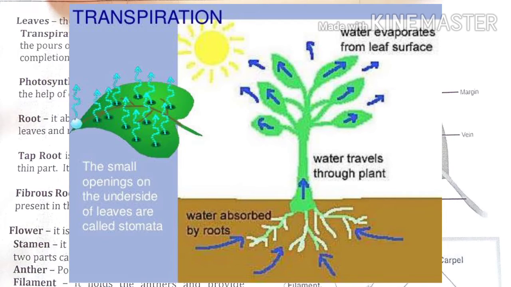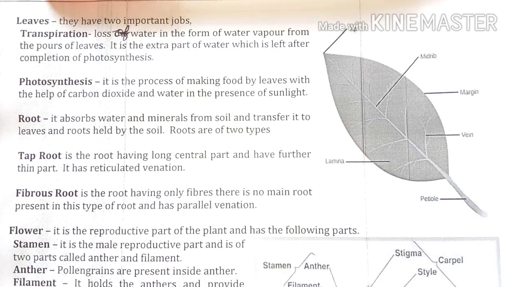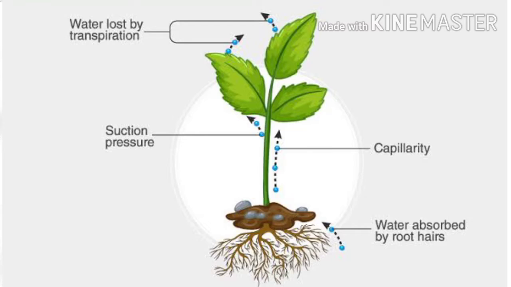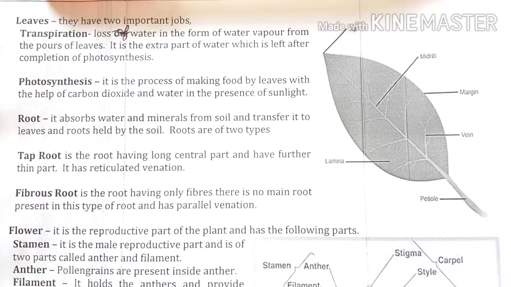It is due to transpiration because the roots take water, and after the water is taken from the roots by the plant, it is transferred to the leaves because the photosynthesis process takes place in the leaf part, in the green part where there is chlorophyll present, where the minerals are transferred from the roots. So after food making, if there is any extra water, it is exhaled out from the pores on the leaves. These pores on the leaves are called the stomata.